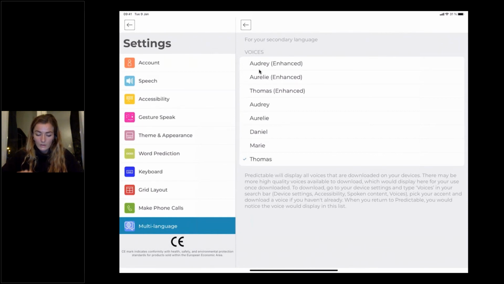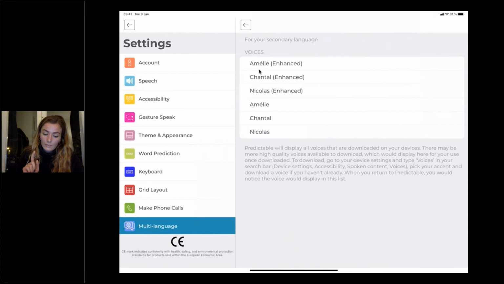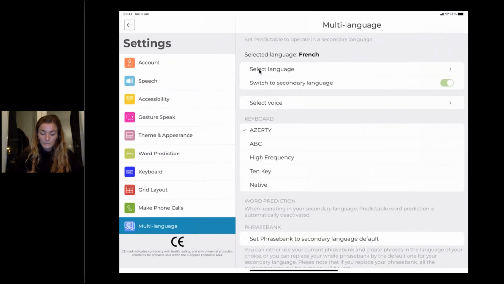I'm going to select Audrey Enhanced, and if I was Québécoise, I could just select Canada, and then I have 6 other voices available. So that's quite a lot actually. That's how I select my voice for my secondary language.